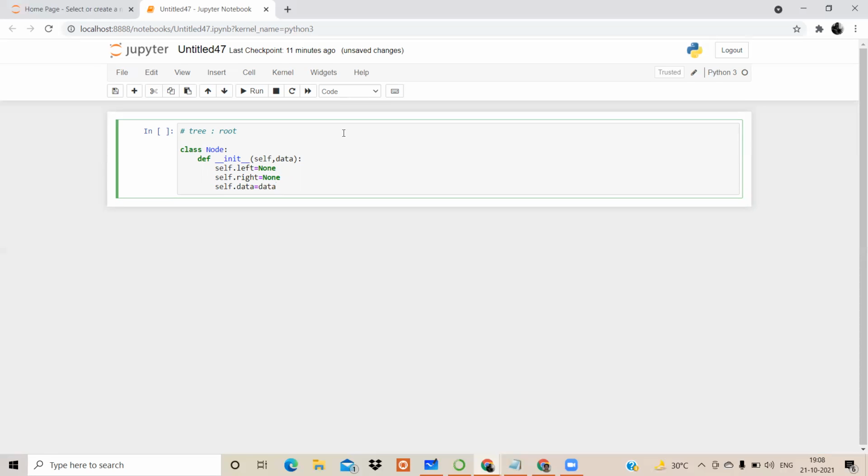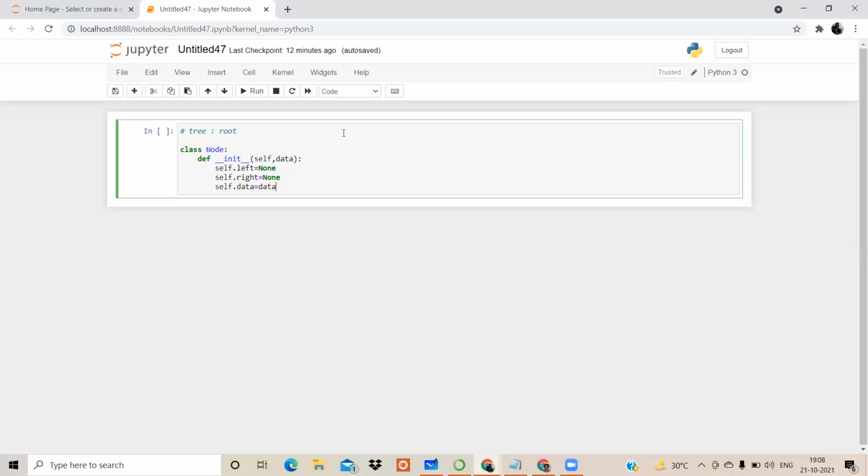So we are writing the partial logic. That's why we haven't specified anything. But whenever we write the full logic, at that time we are going to specify: just check the value of the data, that is nothing but the root node. If the current value that the user wants to insert is greater than the data part, then write it towards the right hand side of the root. If the current value that the user wants to add inside the tree is less than the current data, then append it towards the left of the tree. So this is basically the logic we want to achieve at the end.